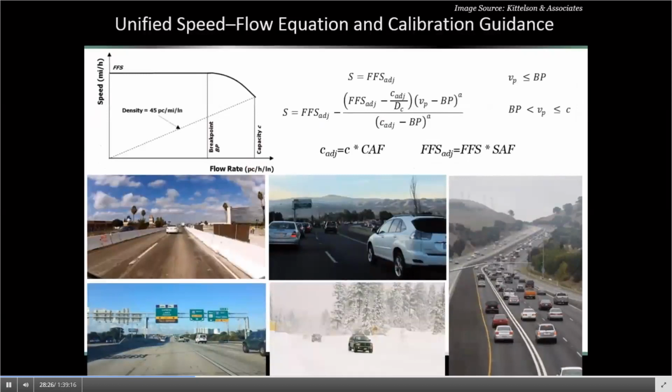Here on this slide, I have the unified speed flow equation along with the graph that shows how it estimates the speed based on the flow rate. I also have several pictures of conditions that we typically see on freeways that are not ideal, like having a work zone, a managed lane, a snow event, or congestion. These are non-ideal cases, and we have to account for these sources of change in